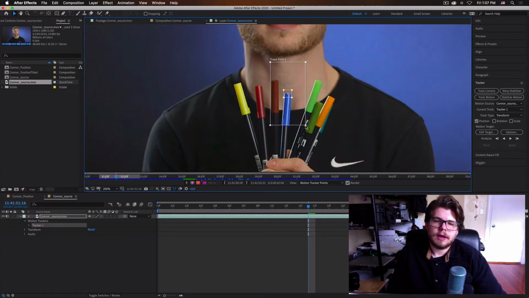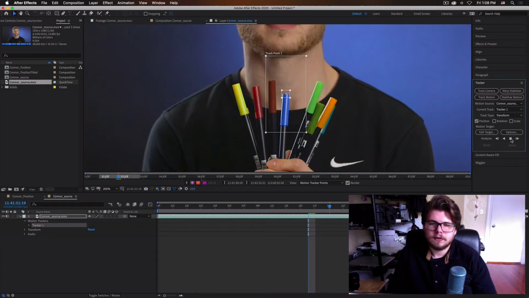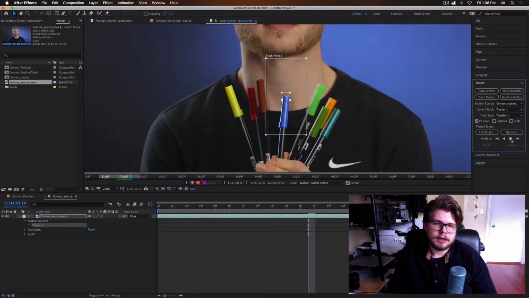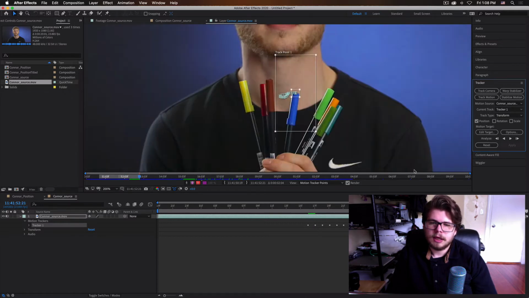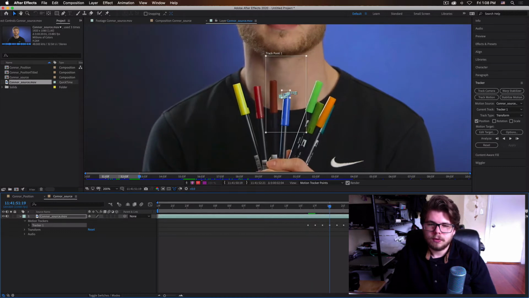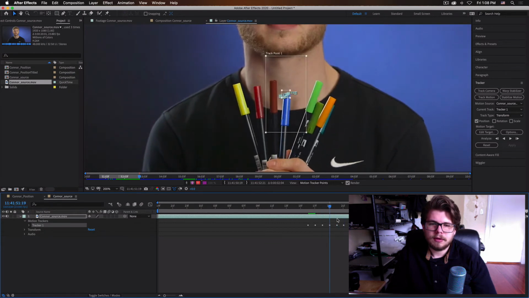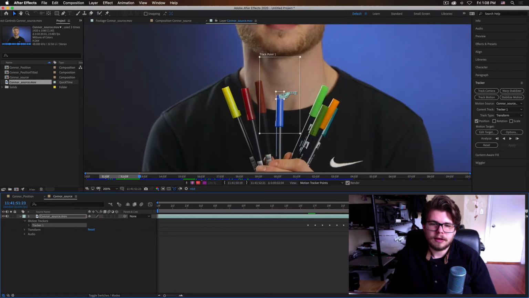So the first step will be to make this long and tall, very specifically for this shot, because he's moving it vertically up into the shot, but not very much to the side. So we can save on basically computing power by making it long and tall. And then from there, we can just say analyze forward, and it's going to try its best to track it, and it usually does a pretty good job. Especially with small, not intense motion in this direction, which it looks like it did just about perfectly. There might be one little jump here that is a little bit off, but I think that looks good enough